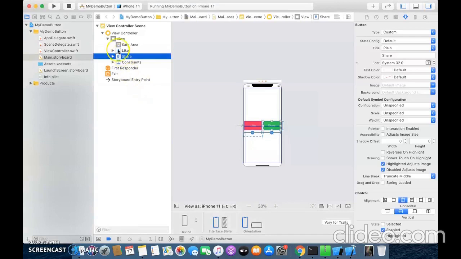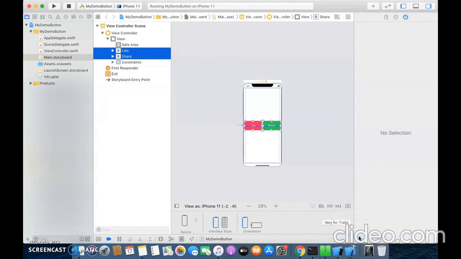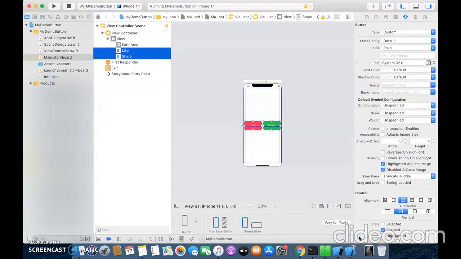So we will just select our previous two buttons, going to our earlier project and selecting these two buttons, and we will clear all the constraints of these two buttons. How will we clear the constraints? We are going to select this icon, which is located in the rightmost portion of the storyboard, and click on clear constraints. This is going to clear all the constraints of these two buttons. You can see a warning over here. Yes, the warning appears because we haven't provided any constraints for these two buttons.